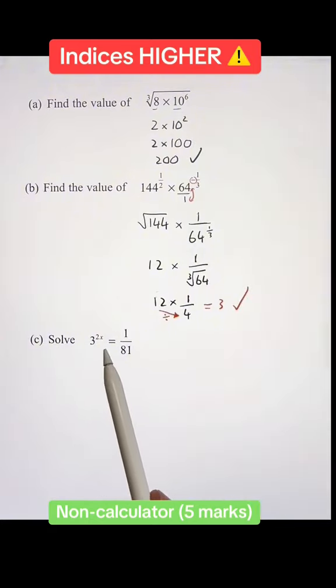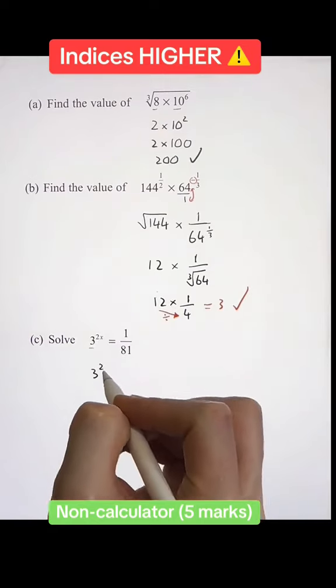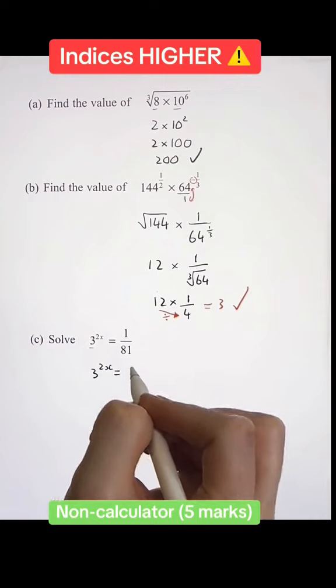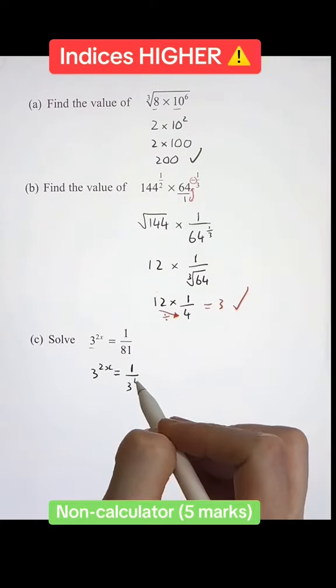Solve 3 to the power 2x is equal to 1 over 81. As I'm solving for the letter x, I can see x on the left-hand side, and it's written as a power of 3. Therefore, I'm going to rewrite the right-hand side as being a power of 3. Leaving the 1 over for now. On the bottom, I know 81 as a power of 3 is the same as 3 to the power 4,